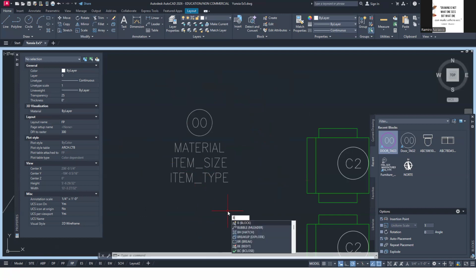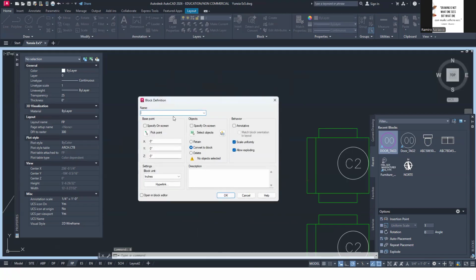Then you make this into a block. Okay, so B is the shortcut key for block. Okay, name this as, let's just say, furniture tag. If you make it generic, you can actually use it for any, like a furniture, what else do you have, right?